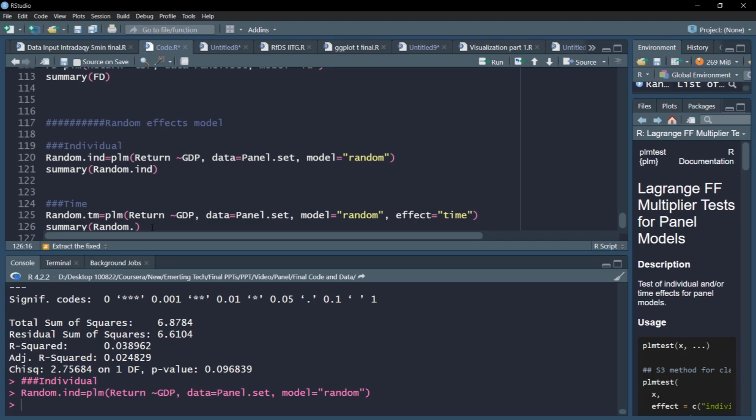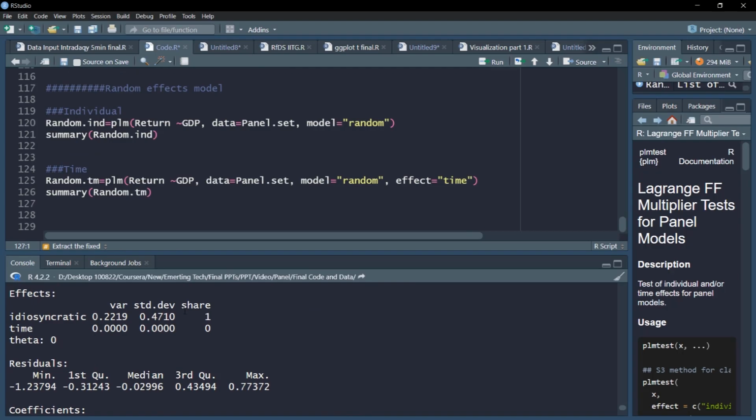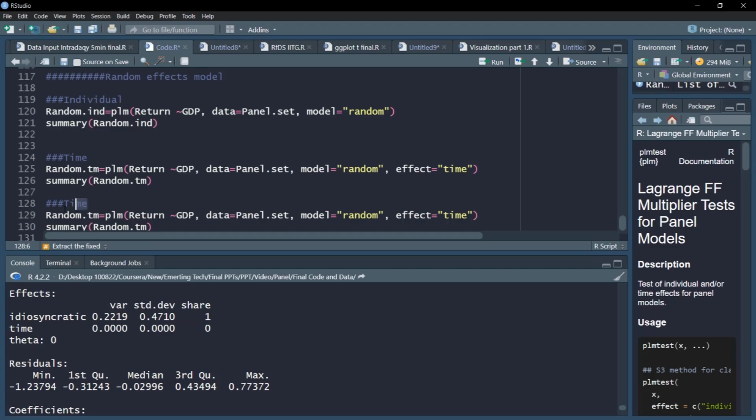So it will give me random time effects. Let's see what the output looks like. Notice the time effects are explicitly loaded, and it seems the time effects are not significant, and even the theta parameter is 0, which says that our random model is closer to pooled OLS. This is because the time parameter is not contributing much to the explanatory power of the model, and the model feels it would have been better to use pooled. This was already expected, because we have seen in the fixed effect results that time effects are not contributing much.